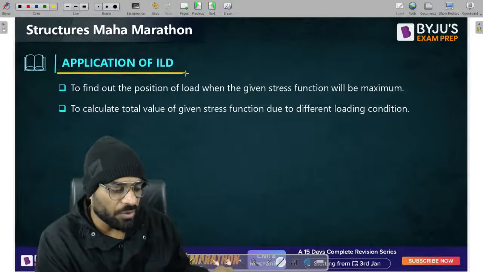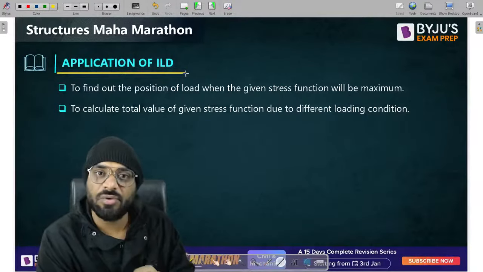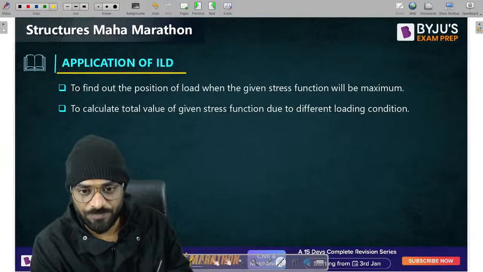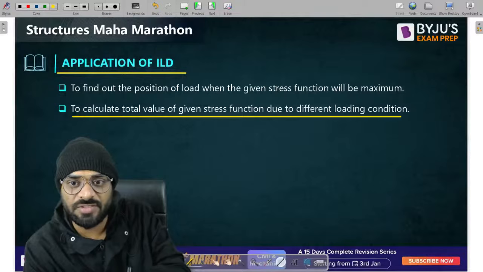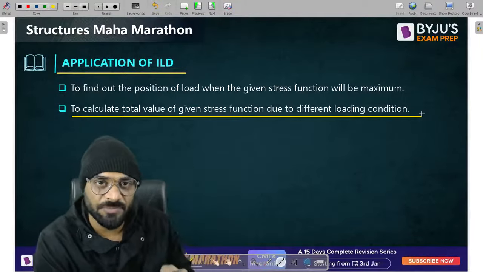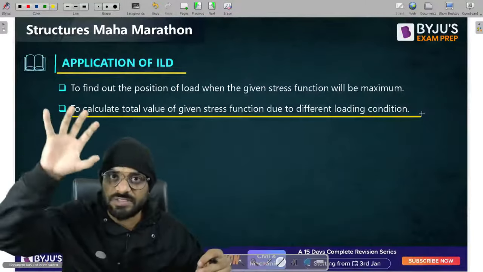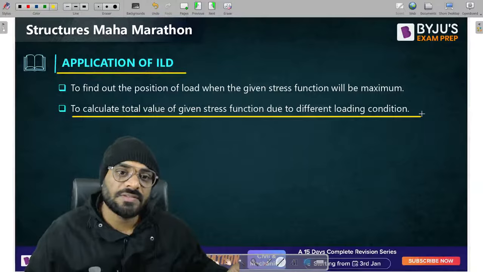So finding the value of a stress function for a particular given load system is one of the applications which we have to use. Are you getting a point? To calculate the total value of a given stress function due to different loading conditions, what should be the value of a particular stress function if you have a different load system applicable on the structure, right? Second one is,